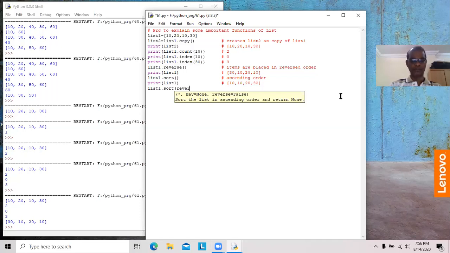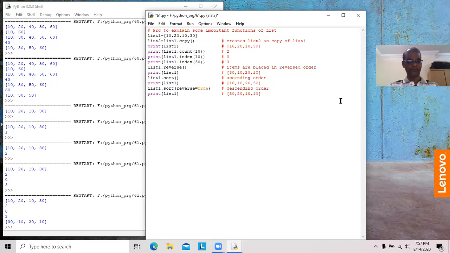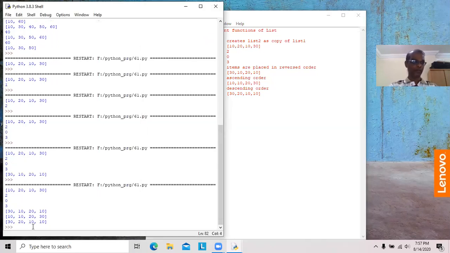Here I have to specify reverse equal to true. False means ascending order, true means descending order. Now we will see what is available in list 1. Now list 1 contains 30, 20, 10, 10.